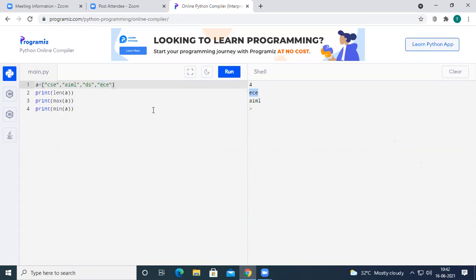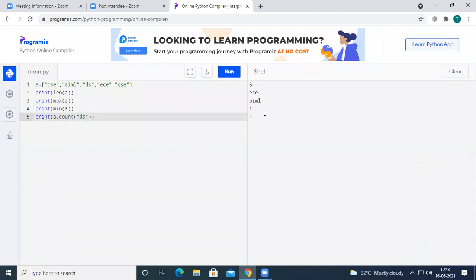And let us see, I have one more function called count. What this count function will do is, for example, I want to count how many times DS has occurred in the given list. So in which list am I going to check? In the list A, I am going to check the count of DS.